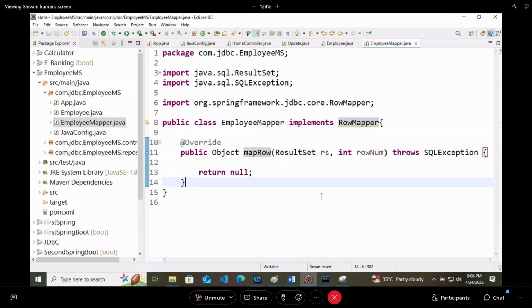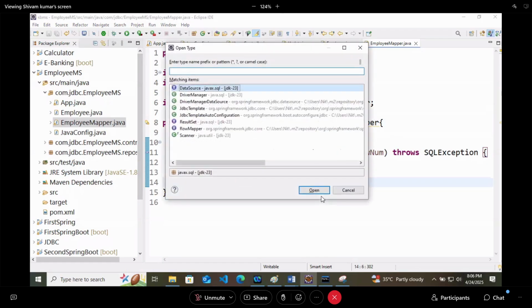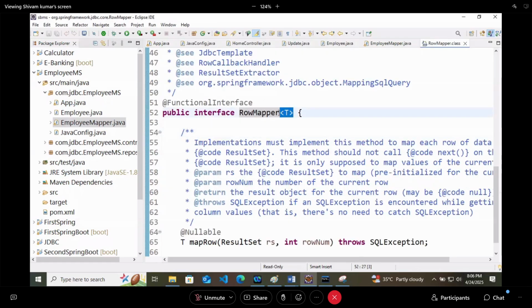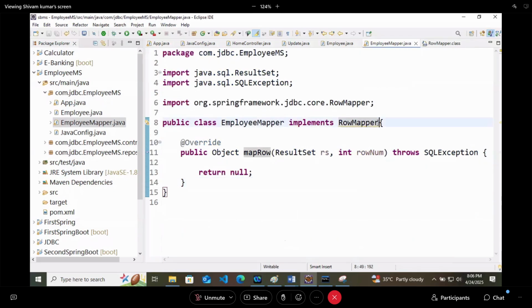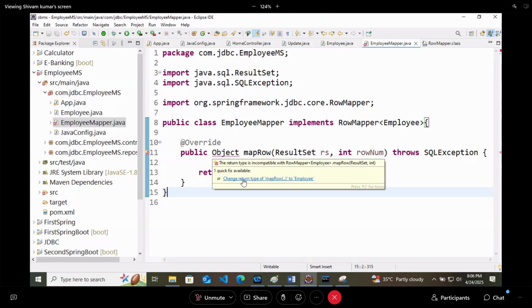So again, I will open the row mapper interface. It is taking one T, and T stands for type. This row mapper will work on the value of employee. And this is what we are getting here.